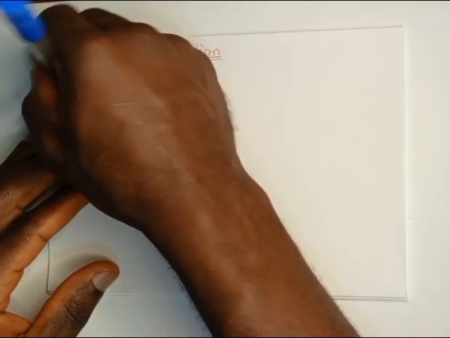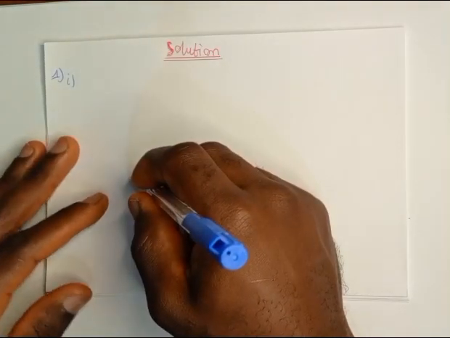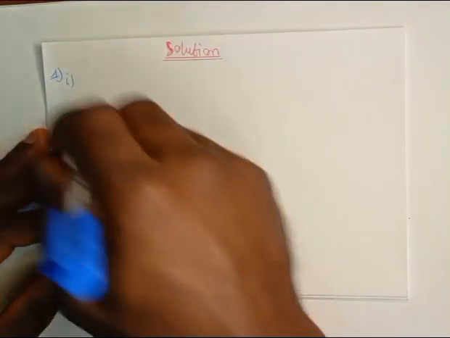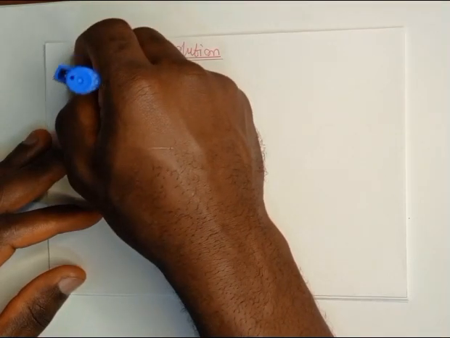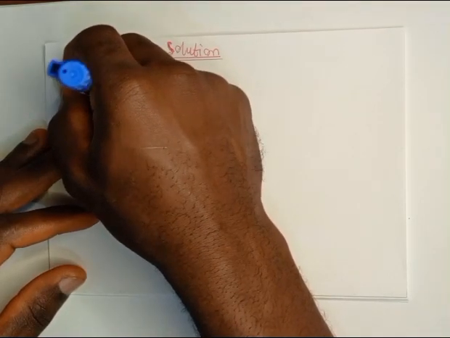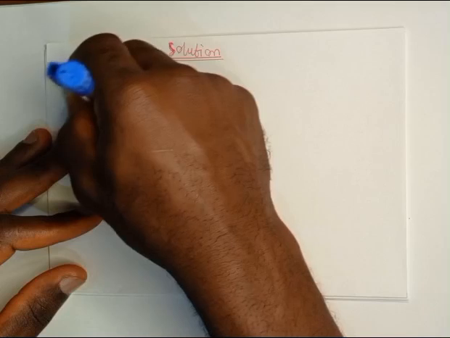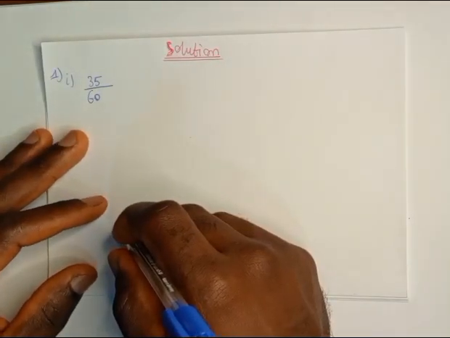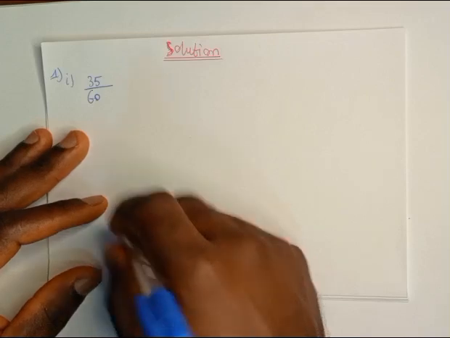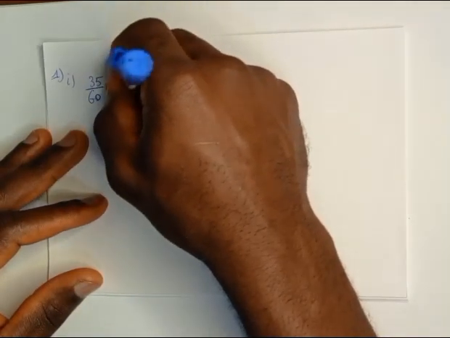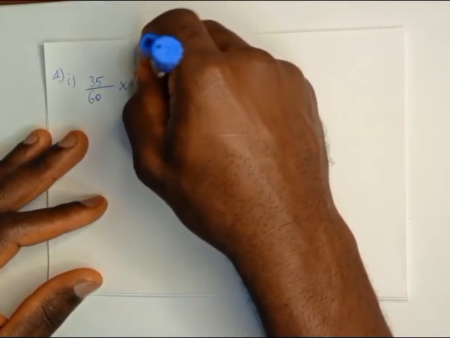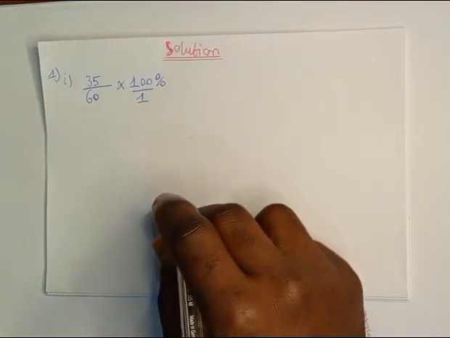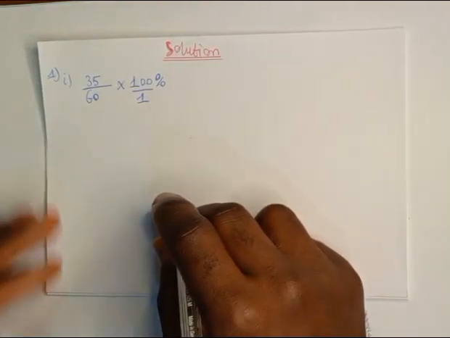Question 1, I. 35 out of 60. First, we are going to express it in the fractional form. This will give us 35 all over 60. Next, we are going to multiply the fraction 35 over 60 by 100% over 1. Carrying out the necessary simplifications,